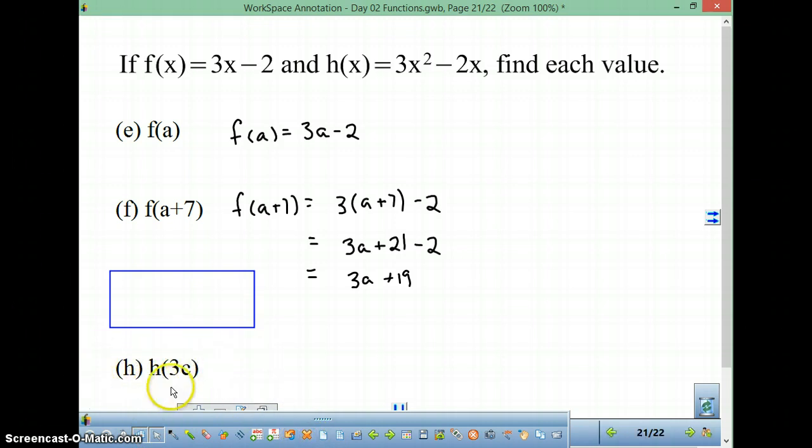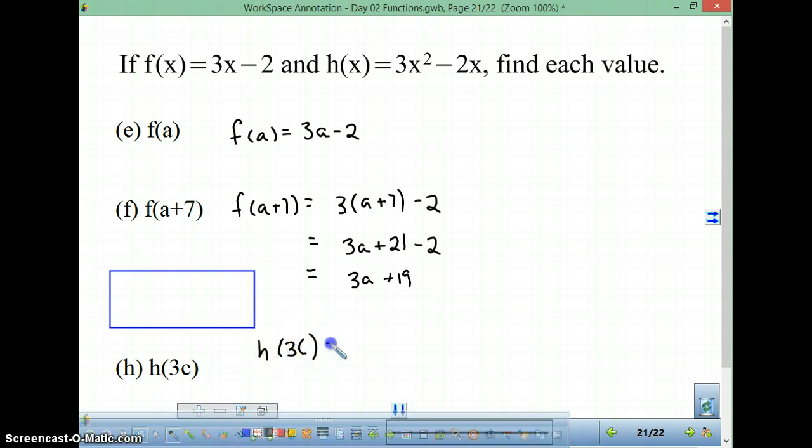Okay, this time we're doing H of 3C. So we say that H of 3C, we're going to have to use this function up here, is equal to 3 times, now we have to replace x with 3c squared minus 2 times 3c. Make sure you understand that. All right, here's the tricky part. Remember exponent rules, we're going to have to distribute that. We're going to have to square the 3 and the c. So I'm going to do this a little slowly. We've got 3 times what